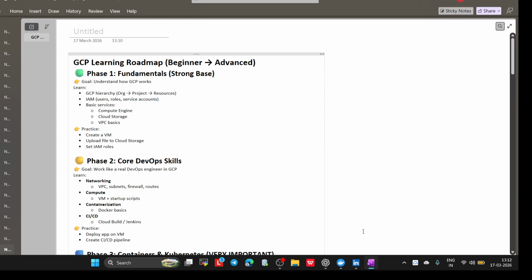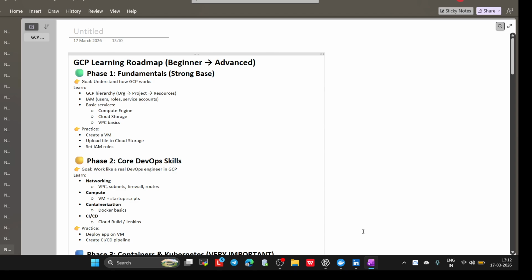So today I am going to start the GCP learning roadmap. In that I will tell you how we can start GCP learning. If you already have some basic idea about AWS and Azure, it will be beneficial for you. If you haven't done it also, it's okay. You can start with GCP as well, because many times you know the concept but the cloud will differ and you are not able to apply for the job role. That's why I thought to start GCP as well.